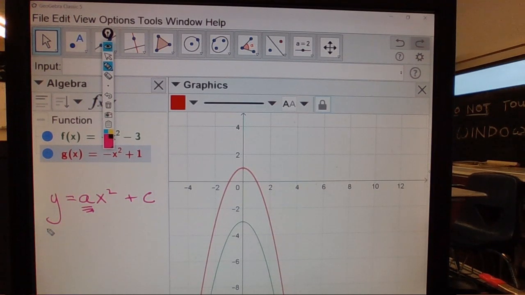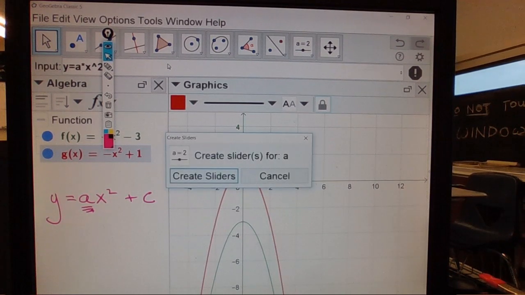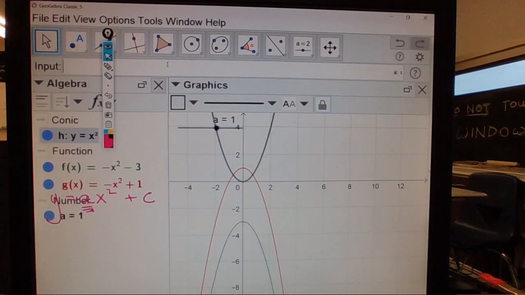So all of these were that a was a 1. If we look at the a, what that does in comparison to just x squared,